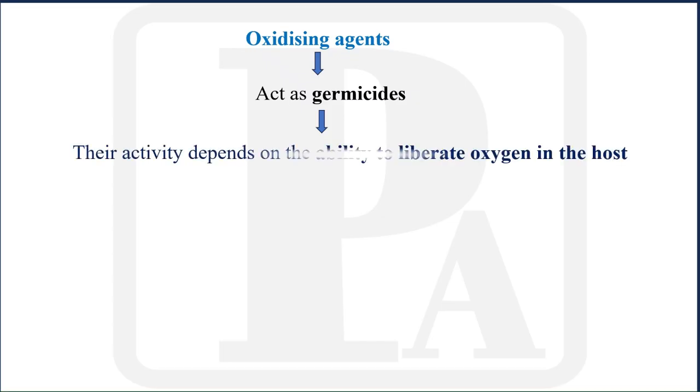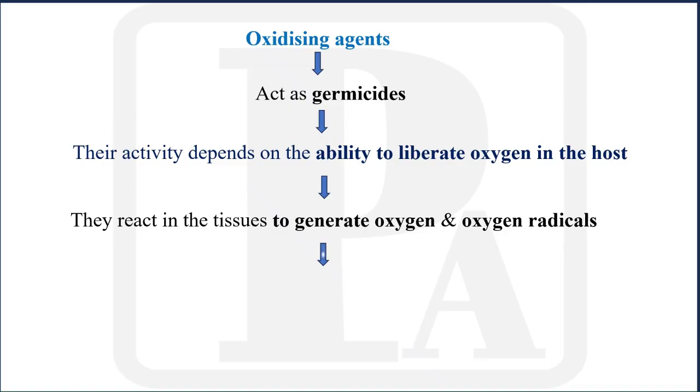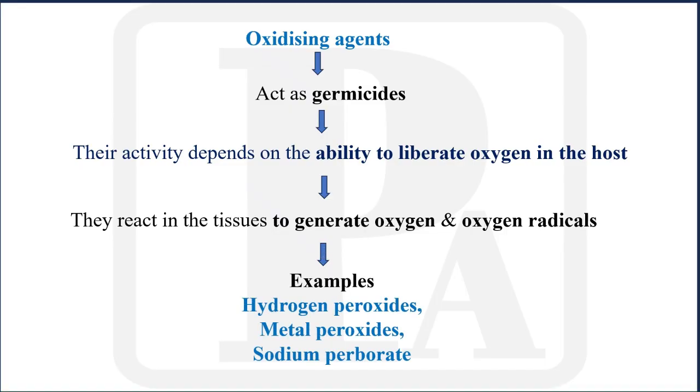Now we are going to see the next one, that is oxidizing agents. These can act as germicides because they react in the tissues and they are generating oxygen and oxy radicals. That activity is depending on the ability to generate oxygen in the host. So they generate oxygen and oxy radicals. Examples are hydrogen peroxide, metal oxides, and sodium perborate. So first type is